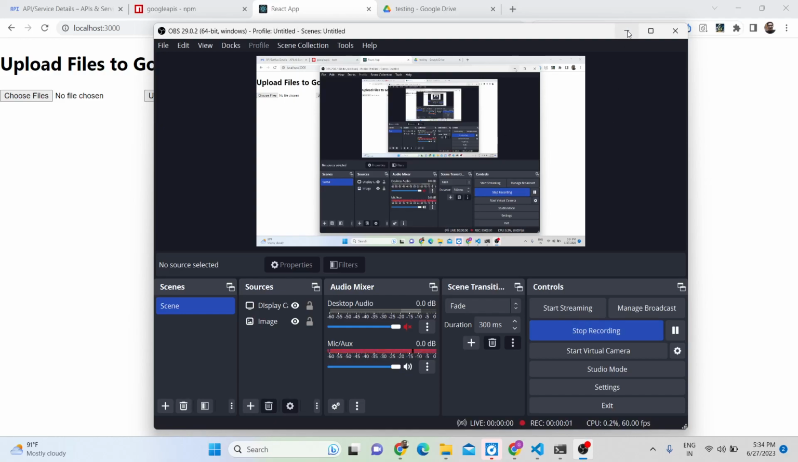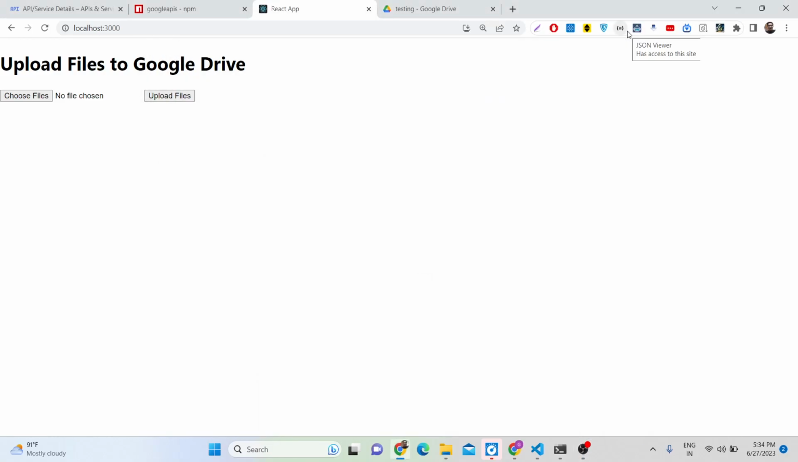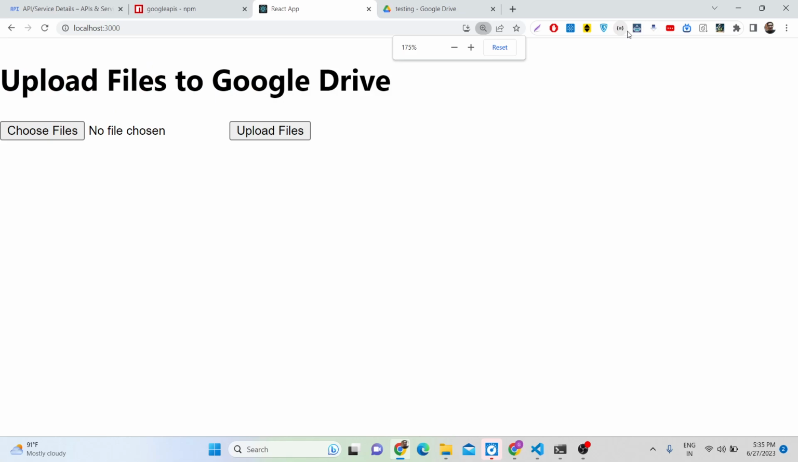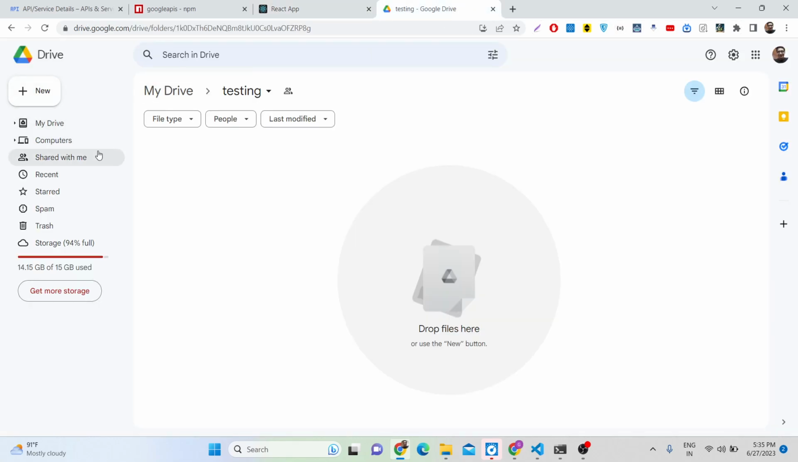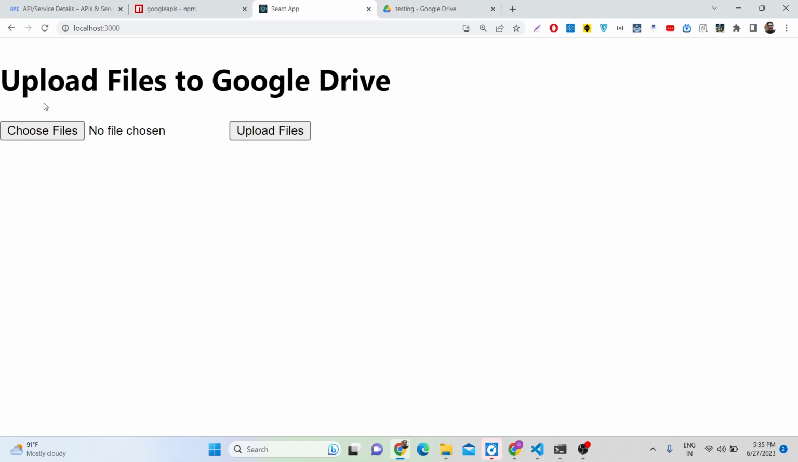Hello friends, today in this tutorial I will be showing you an application that I developed in React.js and Node.js and Express, which allows you to directly upload multiple files to your Google Drive folder. This is my Google Drive folder, guys. You will see that I have named it testing, and directly using this React.js front end we have a